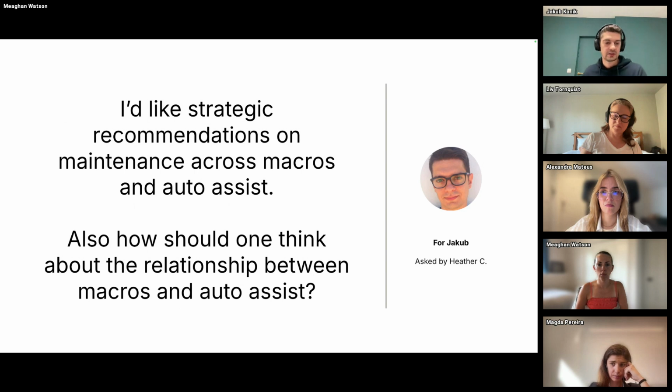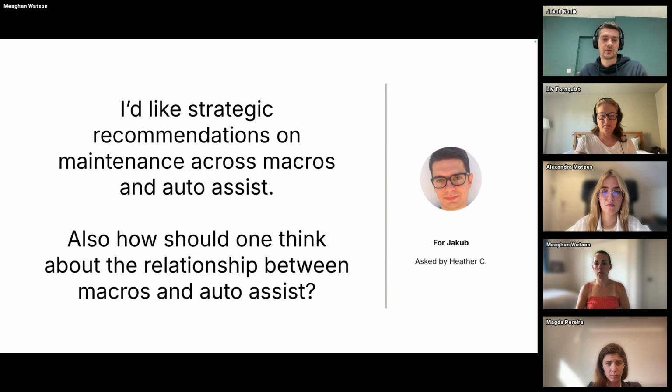We want something that the agent doesn't have to search for, etc. So I think for now it's okay that both coexist, but I think Auto Assist will start cannibalizing macros because you will have a lot of suggestions that are coming from Auto Assist that are based either on your procedures, your articles, your macros, etc. So I think there will be less and less need for macros.